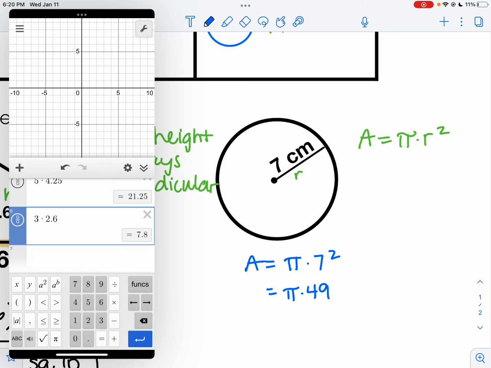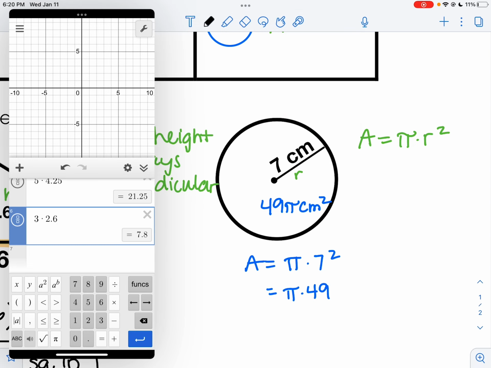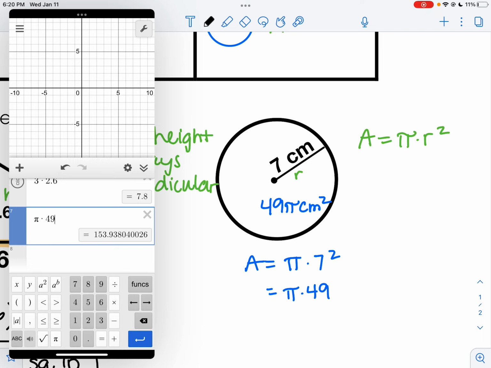When you get to geometry and they say find the exact area of your circle, we would say 49 pi centimeters squared. That would be your exact. We're not rolling with exact. I need you to be able to type in a decimal, so we're going to go to the calculator and say, what is pi times 49? Now this is an approximate. Now that we're starting to round this,